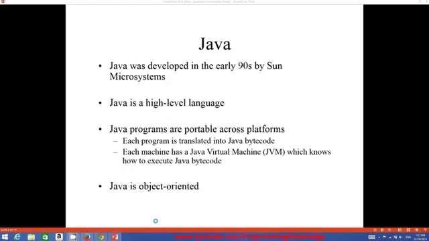So what is Java? Java is a high-level programming language which was developed by Sun Microsystem in early 90s. As with any other high-level programming language like C Sharp or C++, Java is also a high-level language, but it's a little bit different from other languages in a sense that it's a cross-platform programming language which you can develop and run on multiple operating systems like Windows, Linux, and Mac OS or any